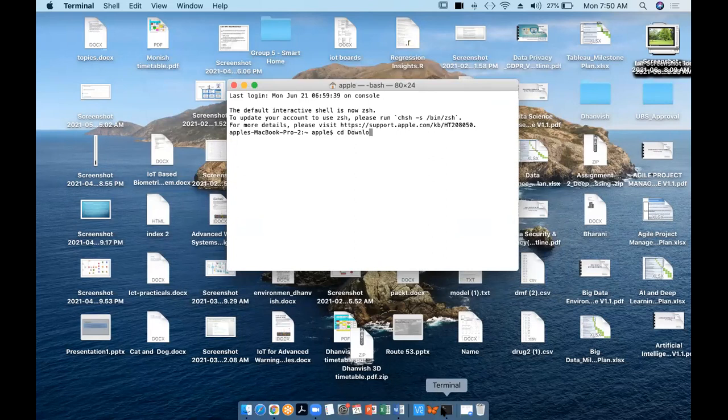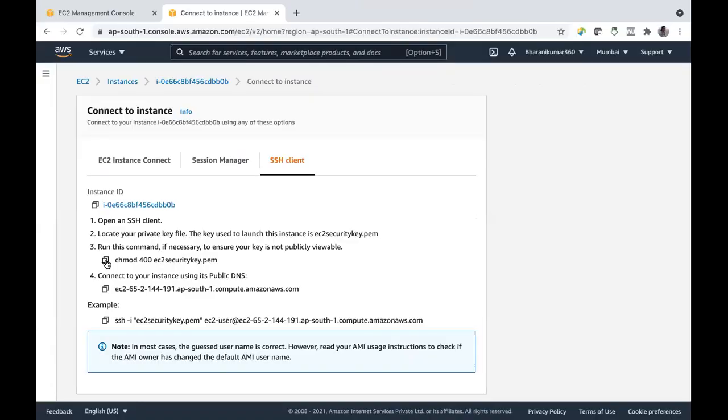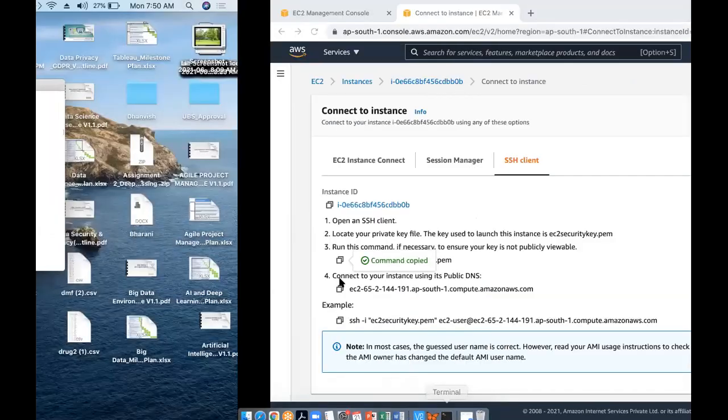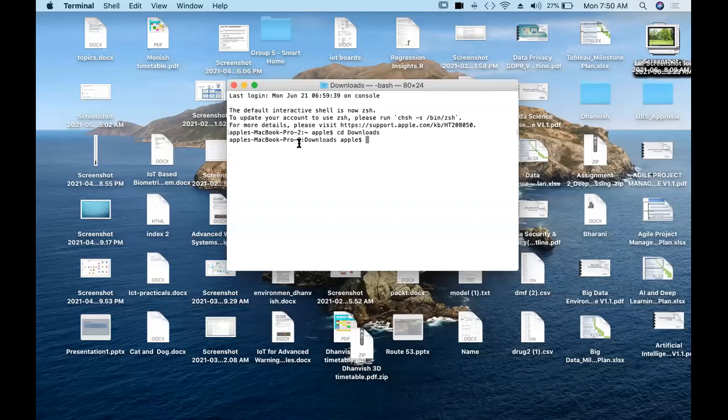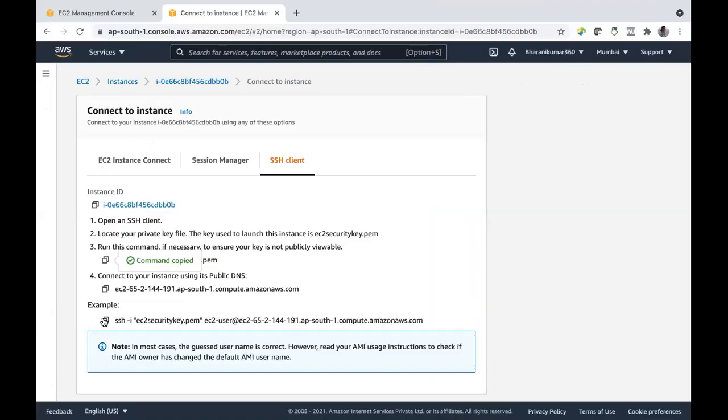The first thing I have to do is go to my downloads, and you have to copy a couple of commands from here. First is this one. Before that, on your terminal, you have to navigate to the path where your keypair is. This is your first command. For Mac and Linux users, this is the second command. Copy this example command.